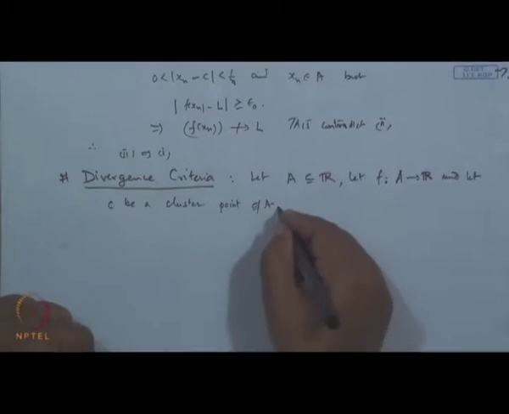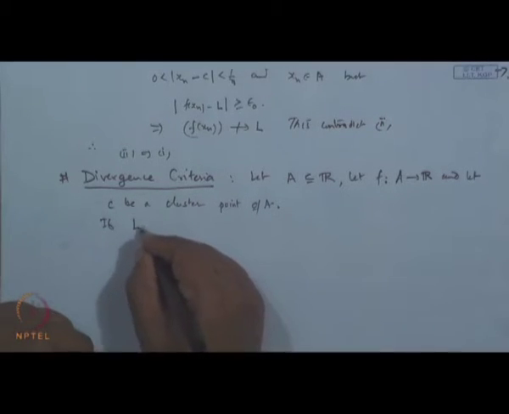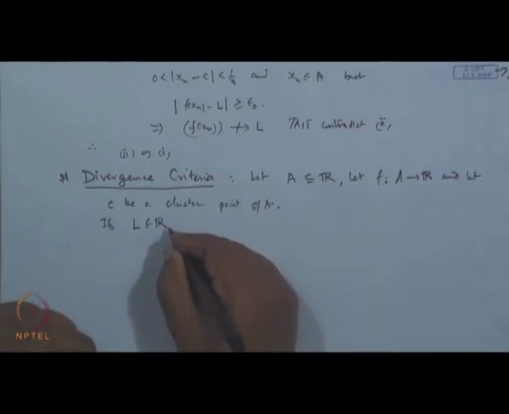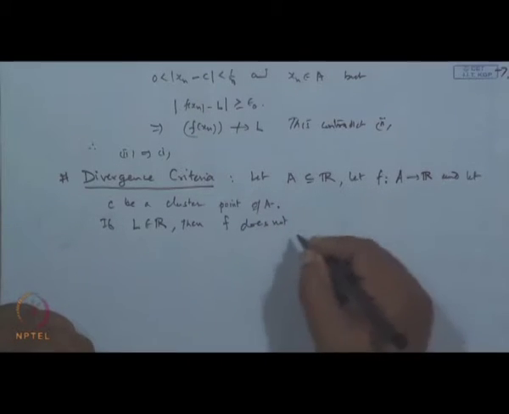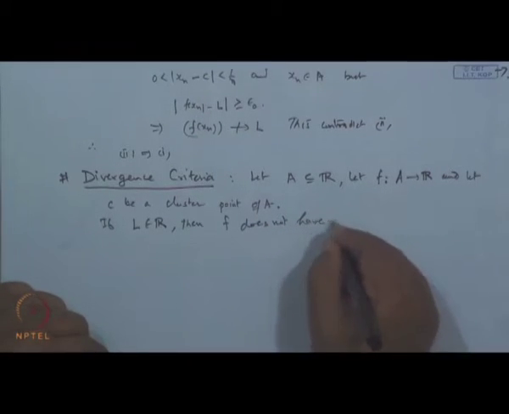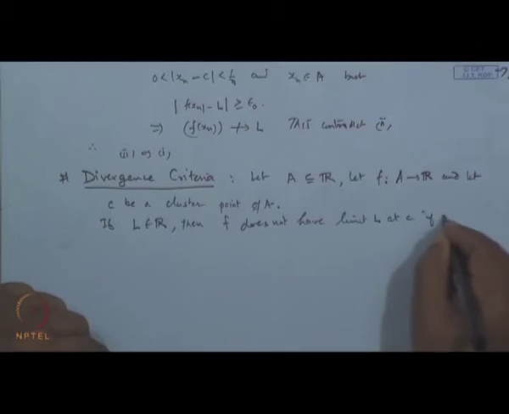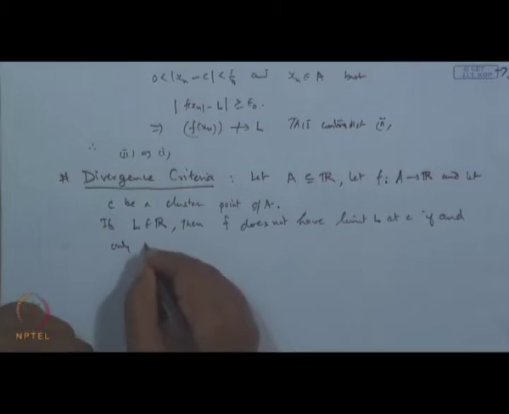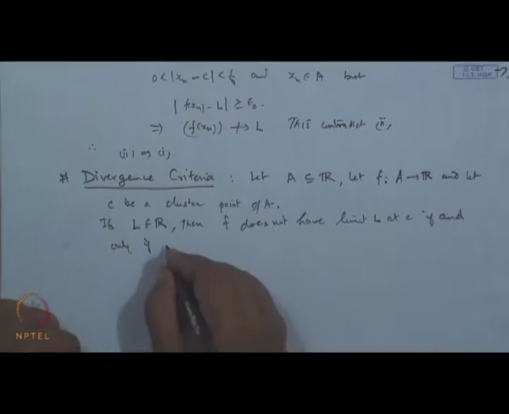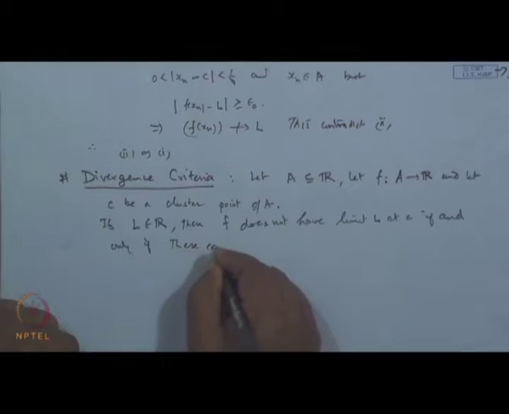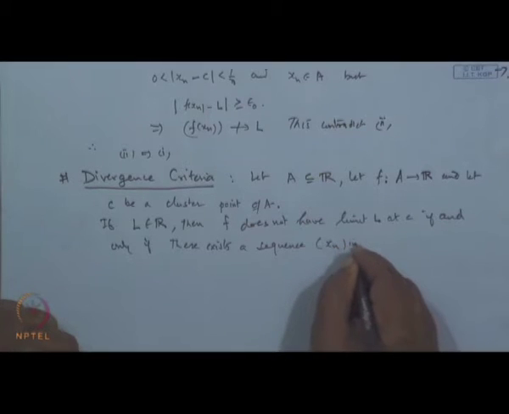Then the criteria says, if L belongs to R, then f does not have limit L at c if and only if there exists a sequence x n in A